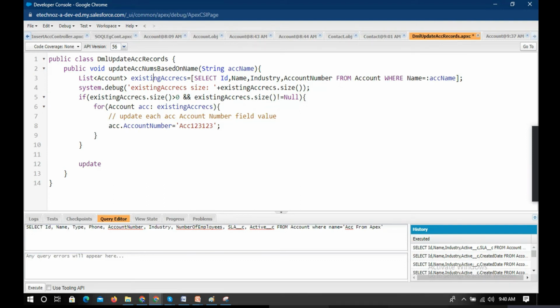Sorry, update this list. Salesforce has given us one additional option: you don't need to create another list. You can use the same list. For update functionality, Salesforce has given us an additional advantage. You just need to write which fields you want to update in this for loop, and